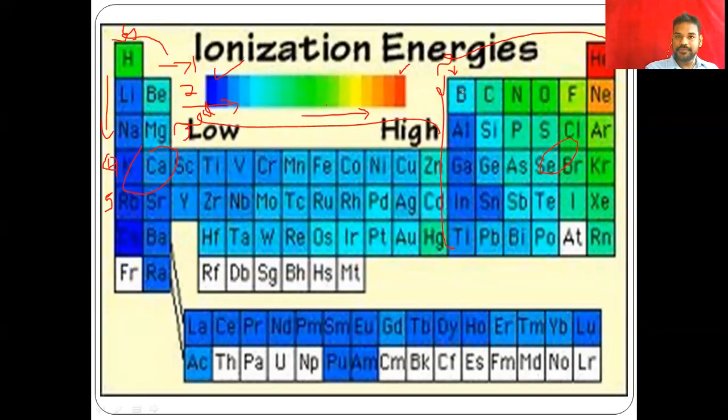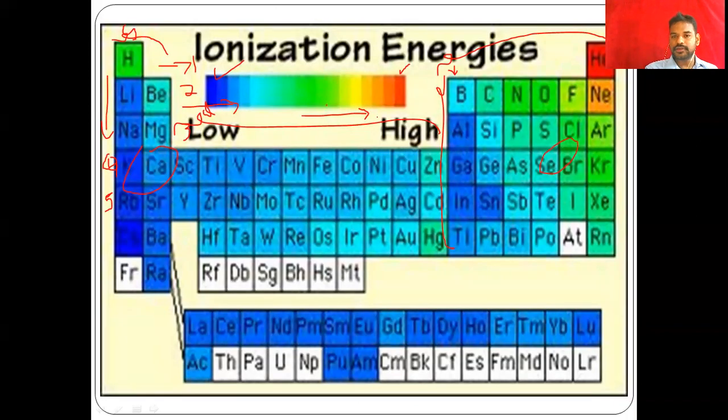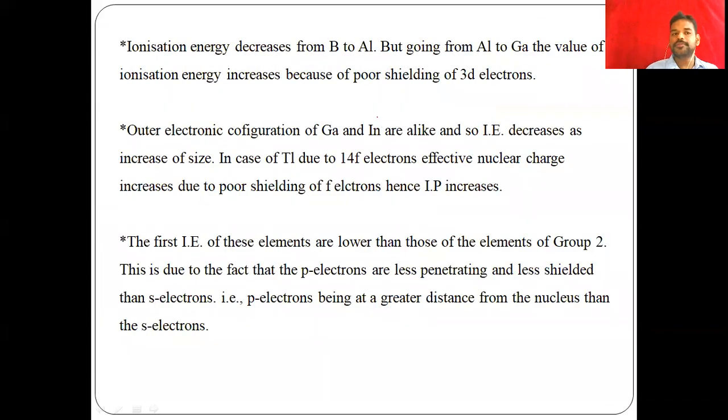Here boron has the blue color, that means a high ionization energy as I discussed. But down the group, what happens? You can see the colors of aluminum, gallium, indium, and thallium. Overall, in general, you can see this picture. But while going through the thirteenth group, some of them have exceptional character, and in ionization energy also they have exceptional character. This we have to explain, and these are the key points.